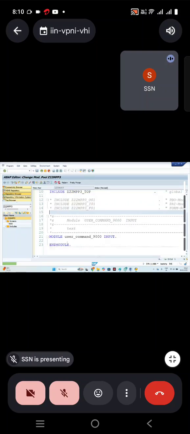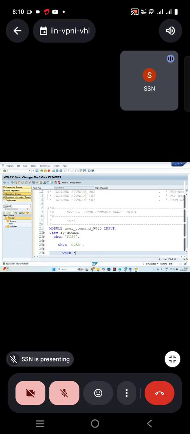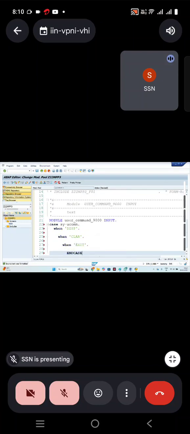Save the screen. Now we'll use case SY-UCOMM. When DISP, what to do? When CLAR, what to do? When EXIT, what to do? End case.